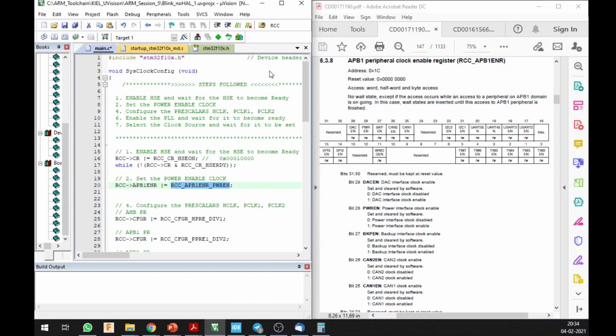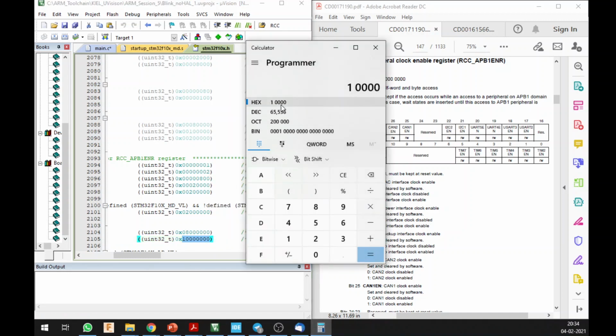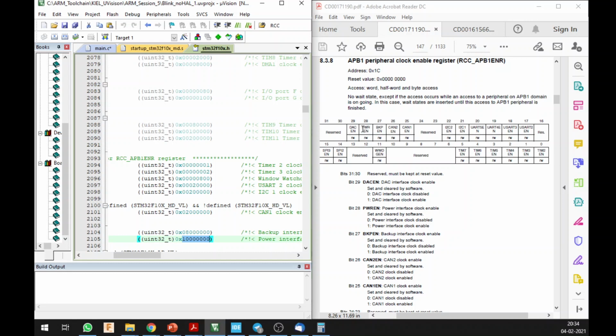I go to the definition of this, and this is equivalent to 10000. If I put the value of this particular number in my calculator, I just paste this. This is equivalent to 1 2 3 4 5 6 7 for the 28. So this is the 20th place. If I see on the 20th place, okay, I have the power enable register. And if I want to see what happens when I set 0 and 1, I can always come down and see over here, power enable register,